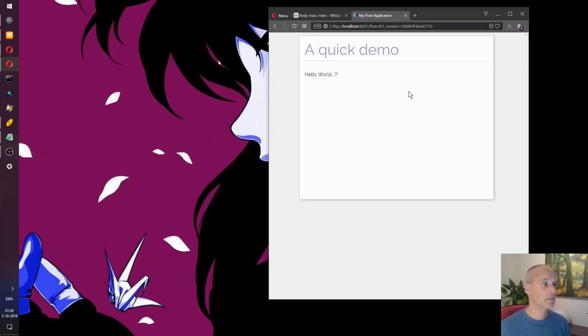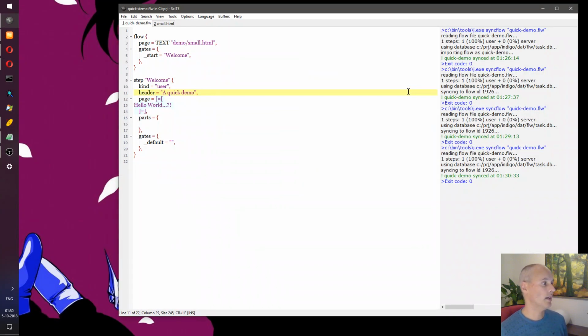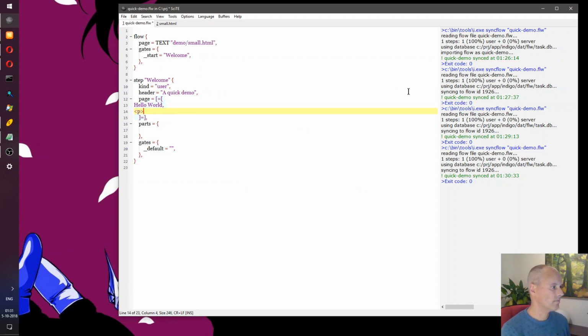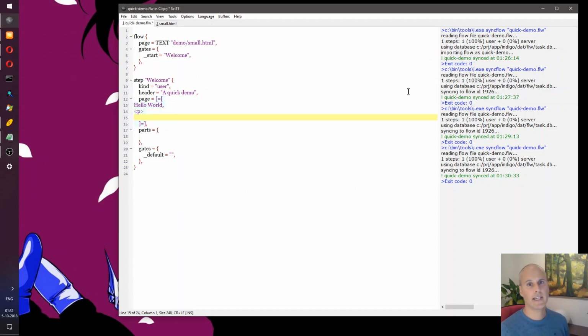So now we have a definition that we're able to run. Now it's time to try and build the actual calculator. We've seen the hello world. So let's add a few steps that ask for the input, perform the calculation, and then show the actual BMI value, the result of the calculation. And maybe it's a good idea to use this first step as a bit of a branching off point.